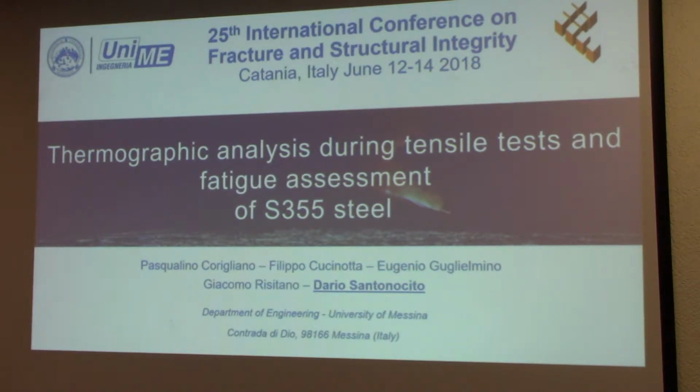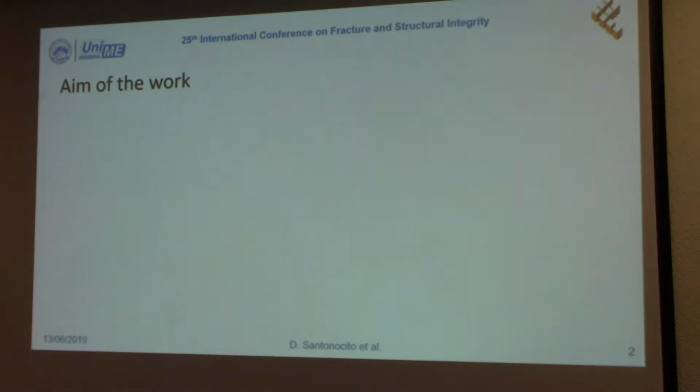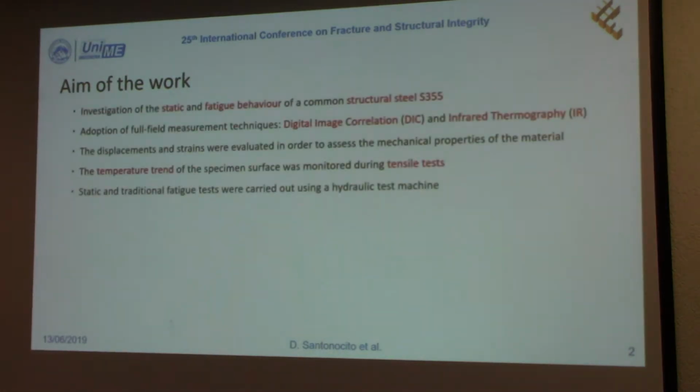Today I want to talk to you about the thermographic analysis during tensile test and the fatigue assessment of an S355 steel. It is a common structural steel, and in this work we adopted a series of full field techniques like the digital image correlation and the infrared thermography. In particular, the displacement and the strain of the material were assessed through the DIC, while the temperature trend of the specimen surface was monitored during the tensile test with the IR camera, and also in the static and in